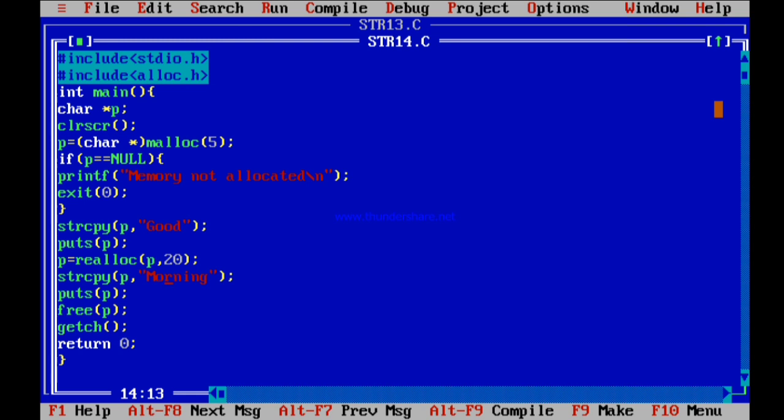Now you can see the size of p also, that means the length of p also.